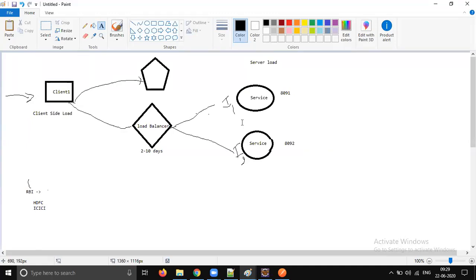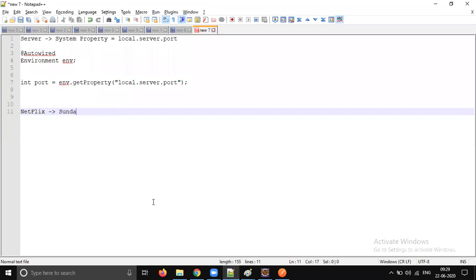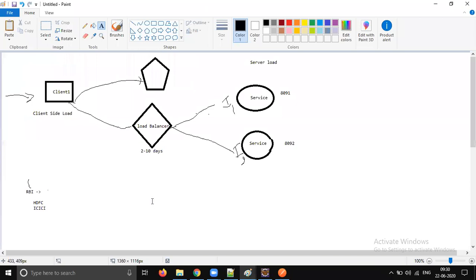Let's consider an example like Netflix, right? On Netflix weekends, they are going to get too much load. Yesterday was Sunday and they got too much load, and if they raise a ticket on Sunday, maybe it is approved for the next Sunday. Then most of the time is wasted on raising the ticket and following the tickets, right? So it won't be suitable. In a microservices architecture, doing things this slowly won't work out. It has to be pretty fast.